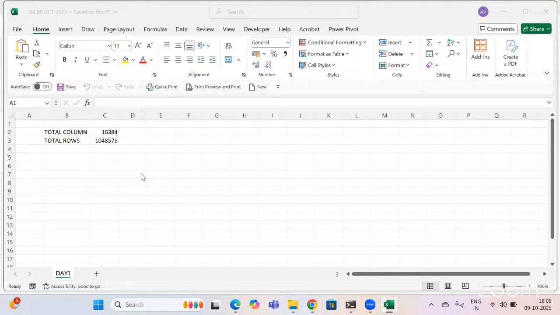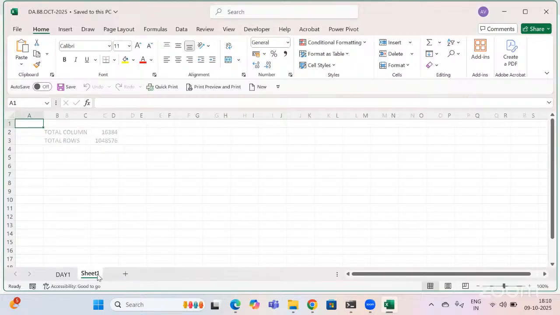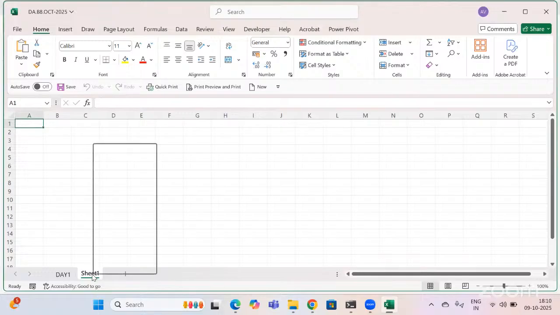Now, today what we do, we will make another sheet, right? So that we can put some information of today's lecture in the day two sheet, right? And just rename it